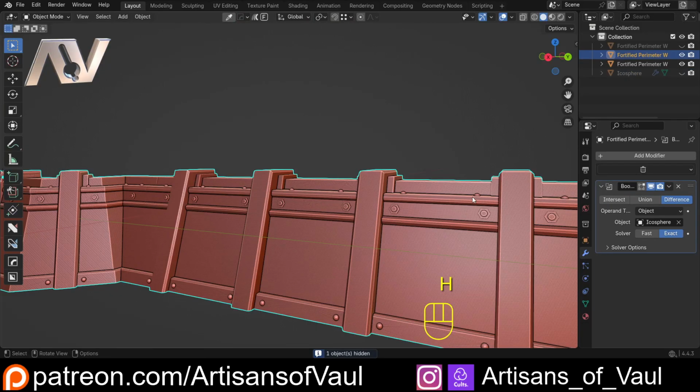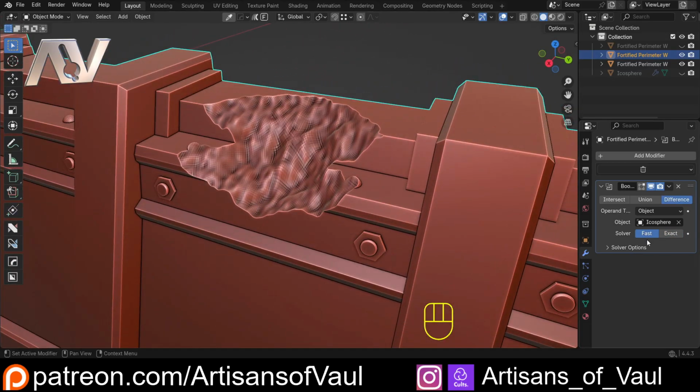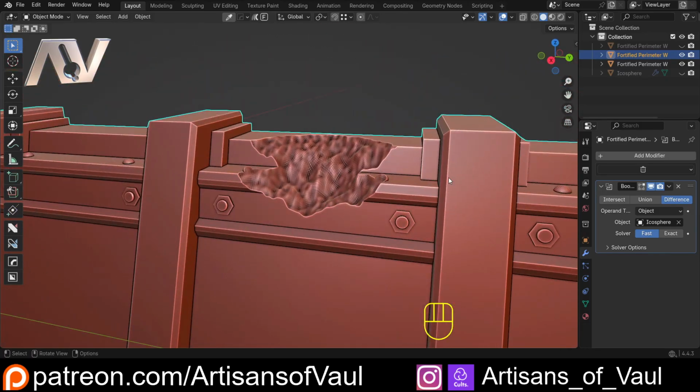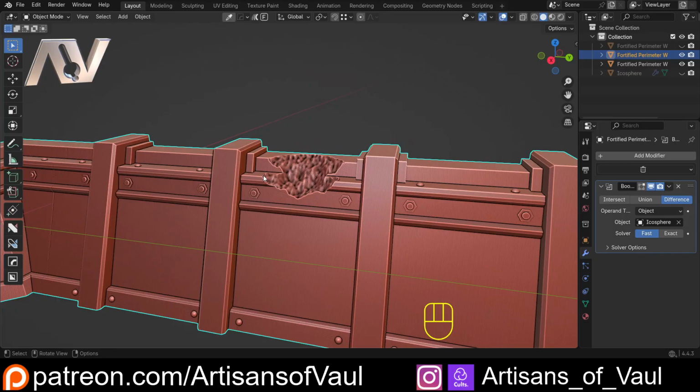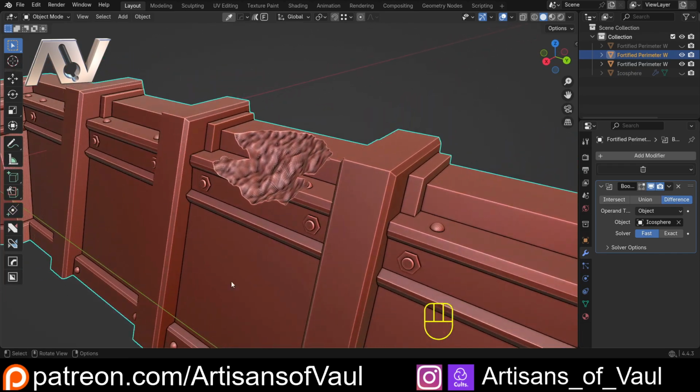Oh, and it hasn't quite liked this. So sometimes the exact causes some problems. So I'm going to click fast, and there we go, it has worked. So sometimes you'll have an issue with one of these, and it's worth clicking between the two different solvers. If this doesn't work at all, there's a problem with the geometry of your object, and sometimes that happens with STLs. This is one of the reasons why I'm using the war scenery STLs. They're generally really good, and I've had very little problems modifying them in the past using the few tricks